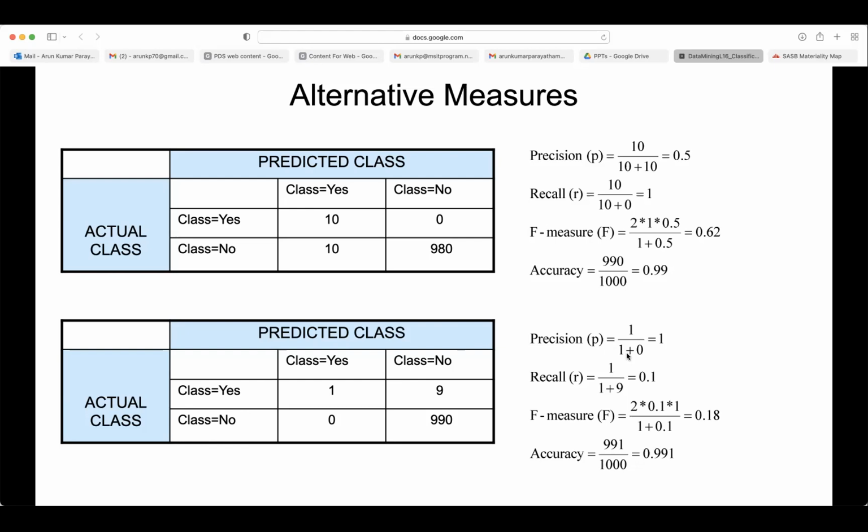So that is the advantage. Even if one is low, then your F measure will reduce further. And that is one measure to compare, to have moderate precision values and recall values, if you do not get very high, good precision and good recall.